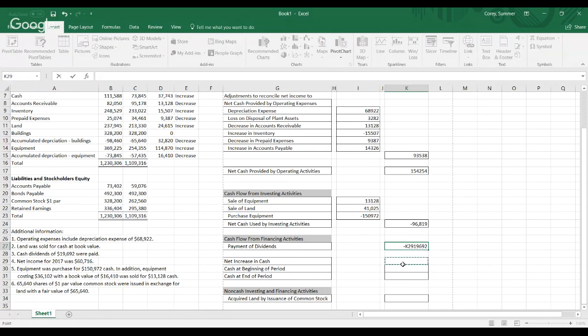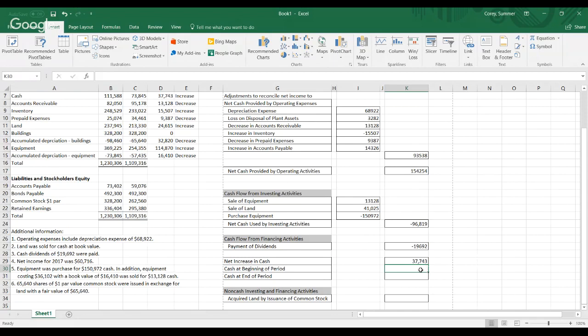So make sure you do your negatives and your positives. Now for our net increase in cash, you're going to take your net cash from operating activities and add it to your net cash used by investing activities and your cash flow from financing activities. So your net increase in cash is